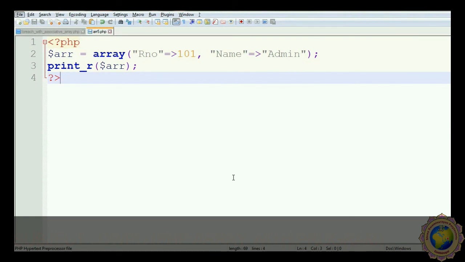Because the print_r function gives the information of the variable at runtime. So here I declare a double R as a variable name as well as array name, and give R number 101, name admin. This is nothing but the value of the variable, our array name. So this is the demo of the print_r function.